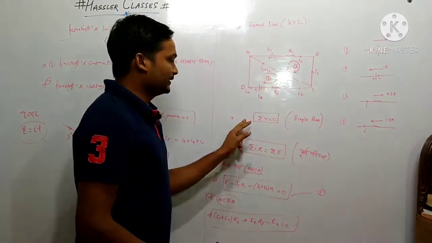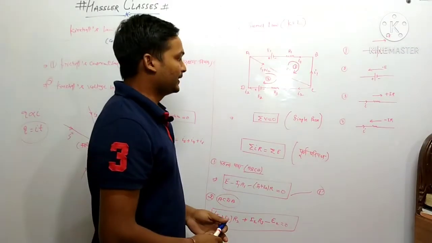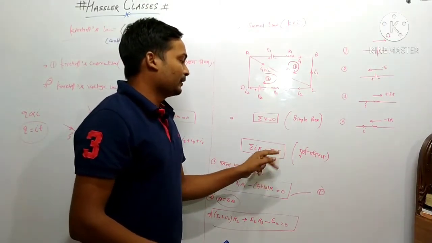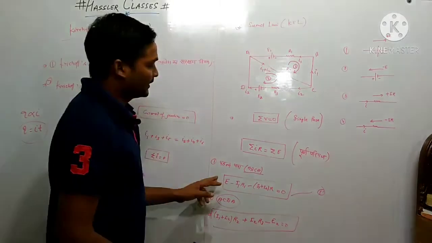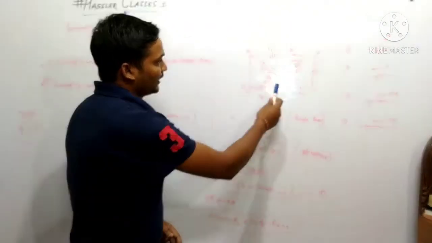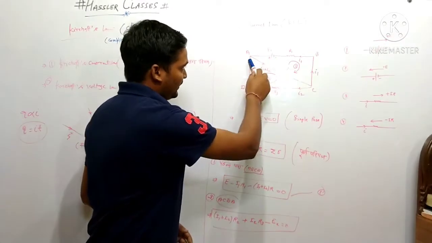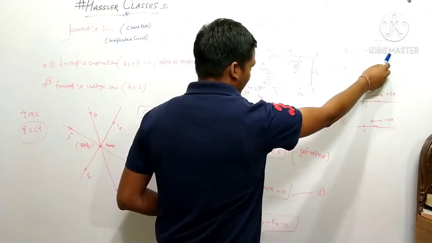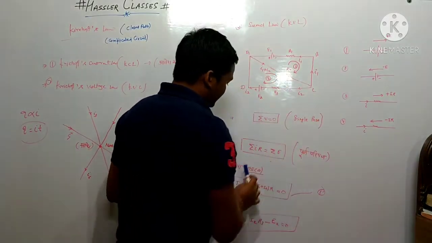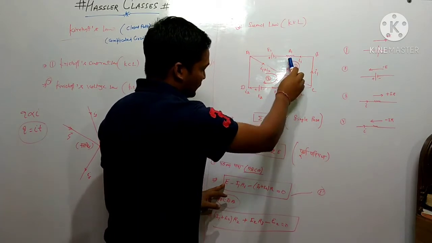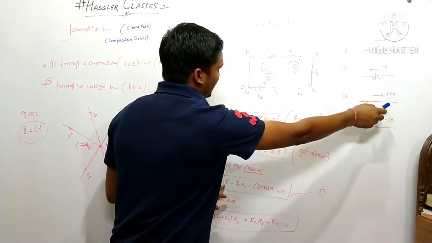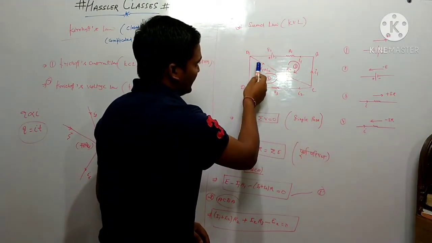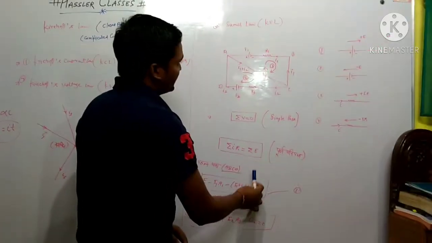In a single path, if we are calculating the complete circuit, sigma IR should be equal to sigma E. So for the first path, if we move around this circuit from A, B, C, A, going from plus to minus, it should be E1. Then passing through R1, it must be minus because the direction is opposite. When we are passing from C to A, it must be minus (I1 + I2) into R.